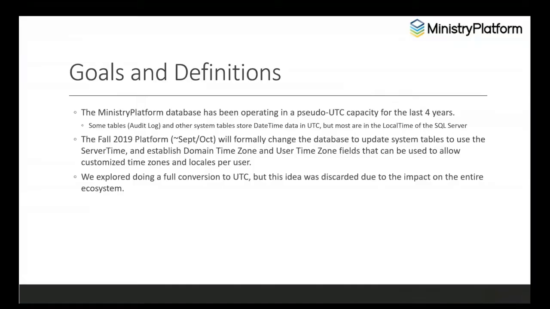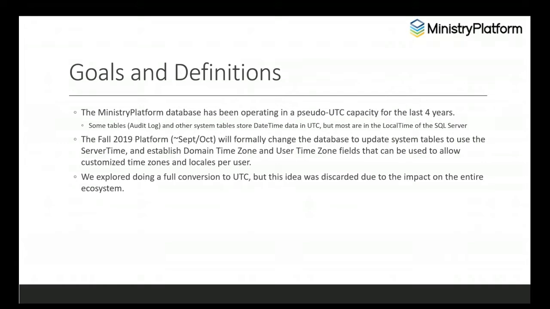So our goal in making these changes and enhancements is to get everything on the same time and lined up to make it easier for you and your users as you're looking at data in the platform to have it all be on the same time zone.